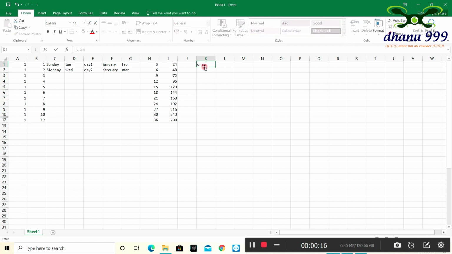For example, this is my name and I'm going towards the corner and dragging up to here. See here, we got the same name in all cells because of the Excel default. And here this is the name box, as I had told you. This is very flexible. We can adjust it to wherever we want to select.